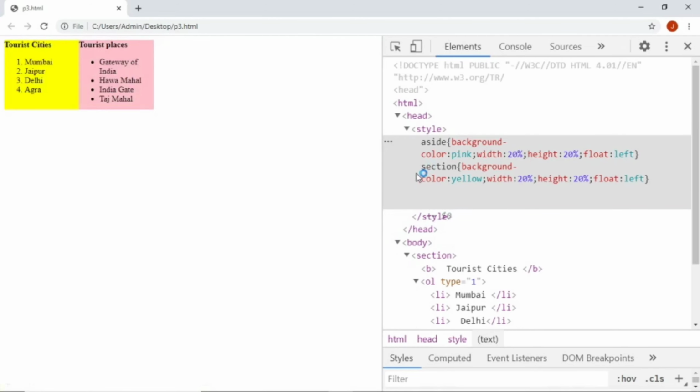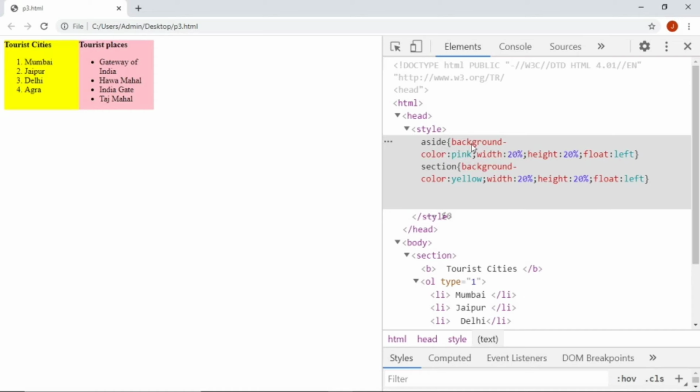As you can see in this code, we have used the internal style. As we already know, aside is an element or a tag, and here we are going to use the element as a selector. So this aside is the element selector, and the CSS properties have been declared for this aside.